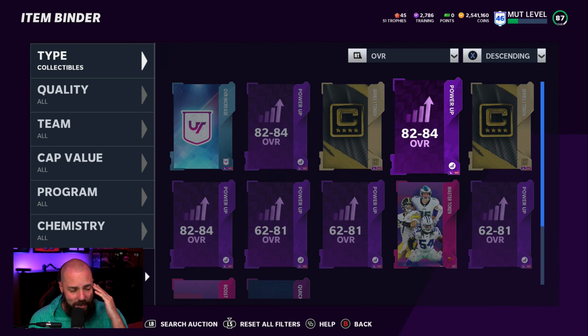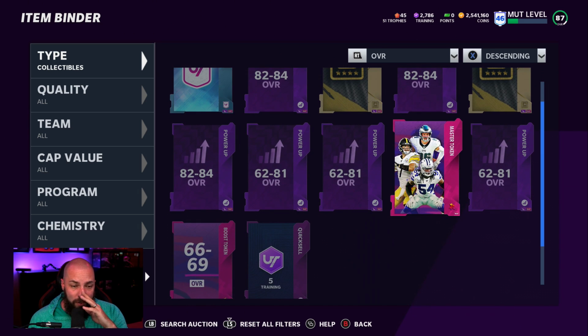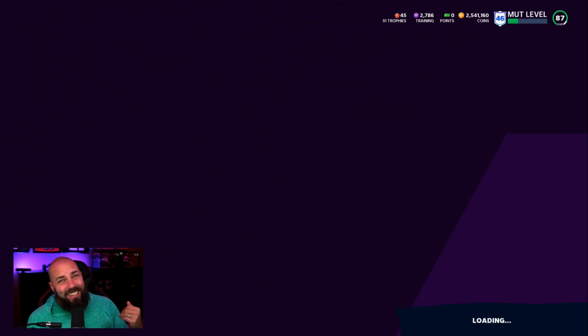My idea in my head is always to use the power pass to either get the most expensive card I don't have, or use it on the most expensive card I do have to bring me back enough coins. Julio and Von were the highest, most expensive 86s in the game, about 100 to 120k, maybe a little more. So I gained all those coins back. Same thing you could do with the 82 to 84, 62 to 81. What I want to tell you